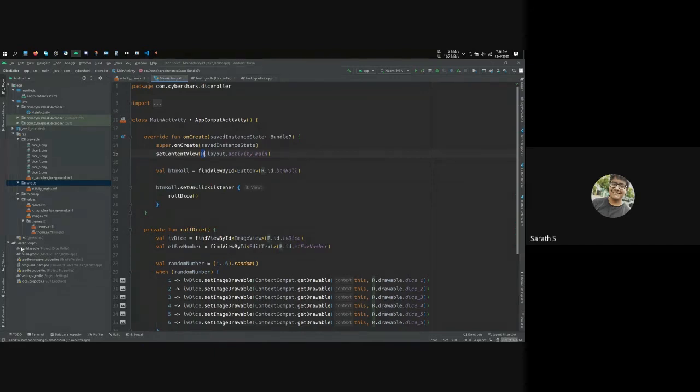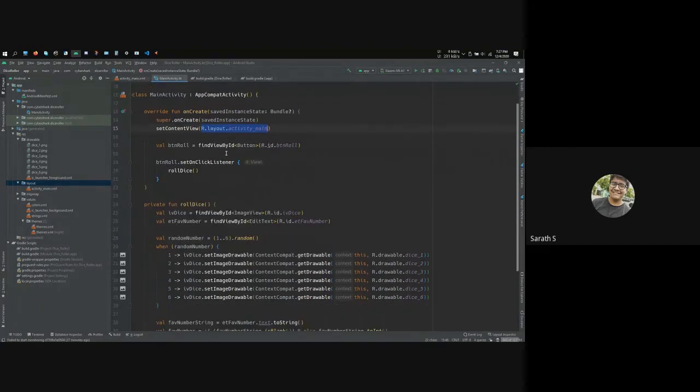So all the resources you provide here are automatically identified using the R class in Java or Kotlin. In this case, Kotlin. And then you type dot layout, which goes to the layout folder, and then dot activity_main. That's the file we created before. So that's how you reference layouts in code.